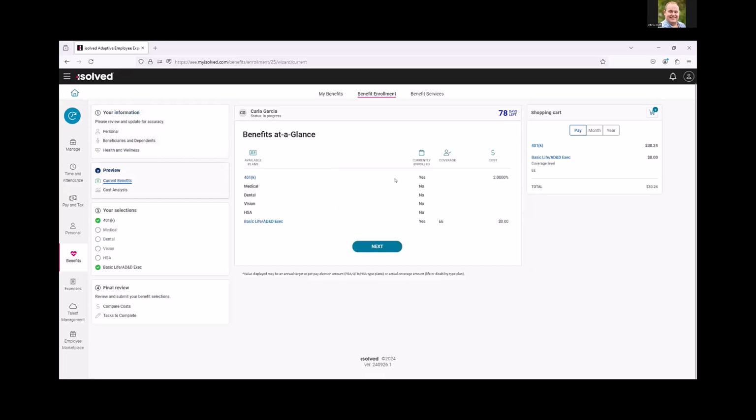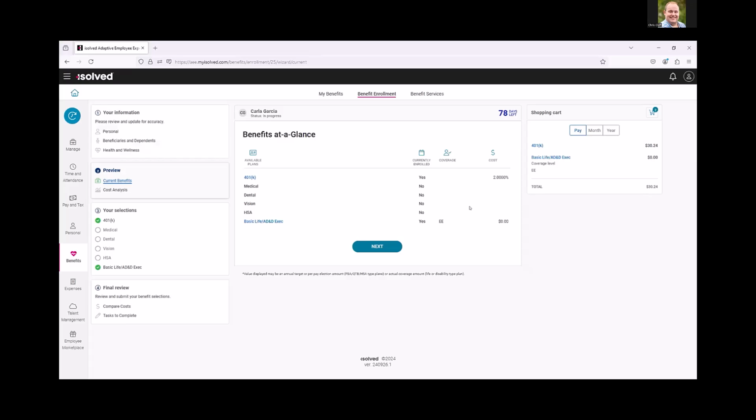And now it's going to show you exactly what you are enrolled in today. So we can see not a whole lot of coverage here currently for Carla, but I think she's going to change that today. And certainly all of these plans can be customized. We build every single plan for you based on what you offer. Okay, so if you have 3 or 4 different medical plans, if you have a life insurance, if you have health, if you have accident insurance, if you have FSA, HSA, any type of benefit plan that you might have,